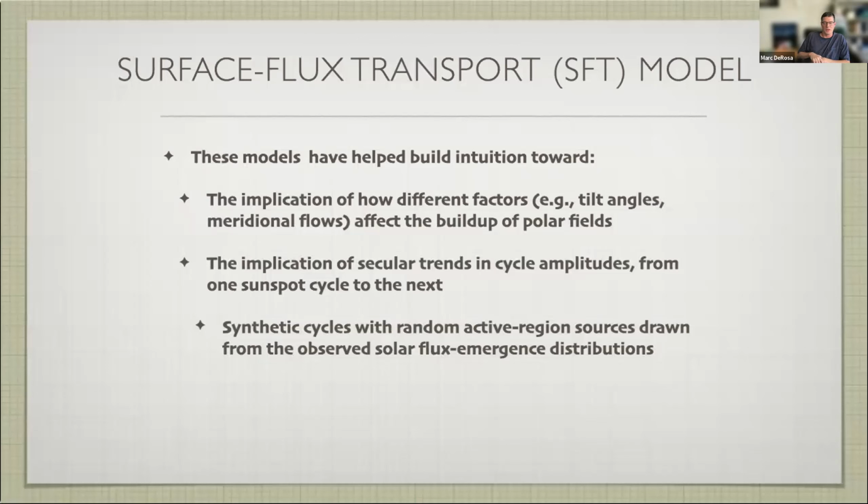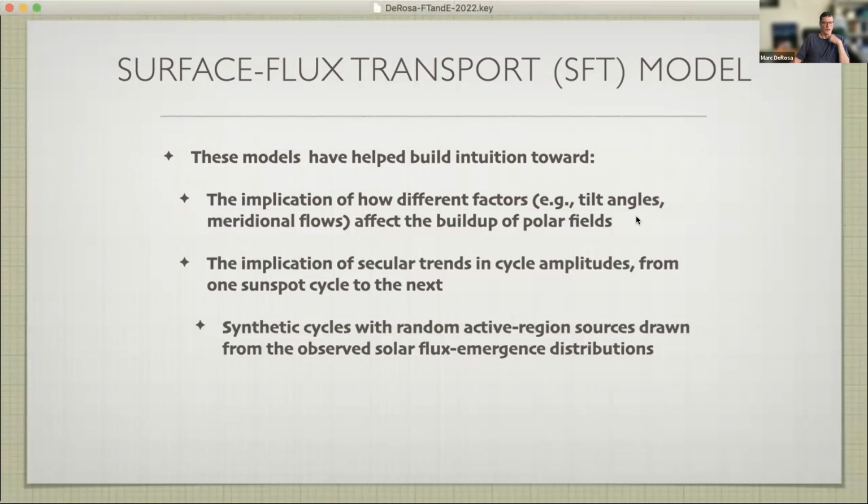While we try to be as faithful to the observations as possible, if you remember my laundry list of constraints, there's always some detailed correlation that you're probably not representing exactly right, and it's unclear what effect that has on things you're really interested in. In my view, one of the more useful things that you can study with surface flux transport is the buildup and the evolution of the polar fields, which has taken on more importance of late because of the pretty well-established correlation between polar fields and the